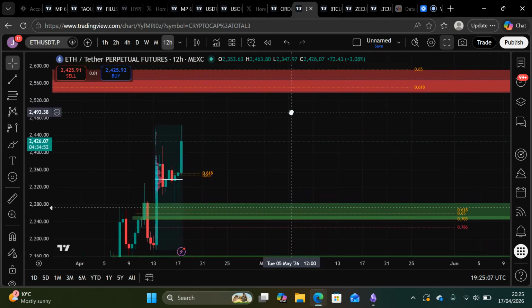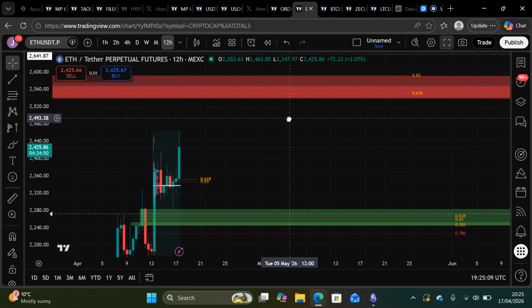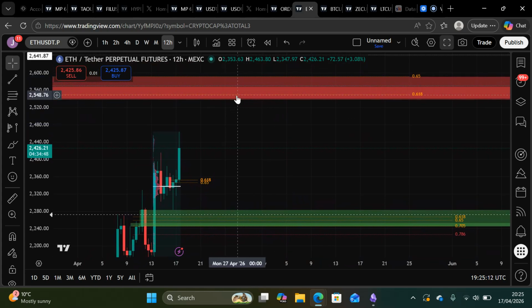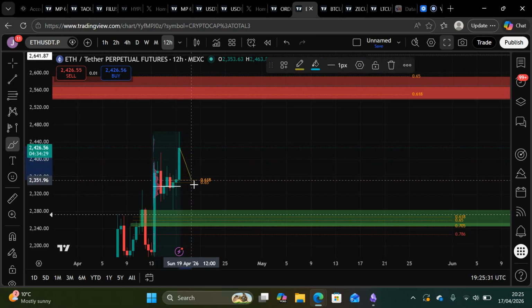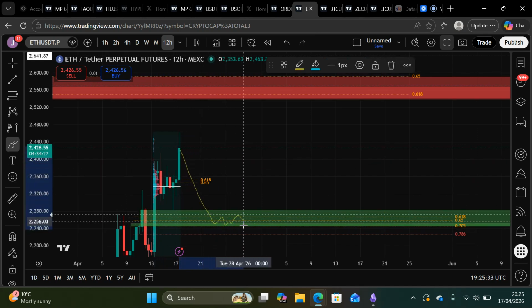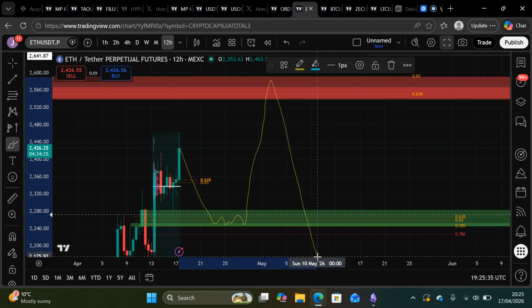So, what's the scenario? What could happen is, obviously, the higher the time frame, the more powerful the level is. So objectively, this high time frame level is going to be more powerful than this level down here. Do you get me? Because I'm in shorts right now with other cryptos, the most likely outcome I think is that we will run down here, collect this liquidity, and then run up, and then possibly continue to move down from there on.